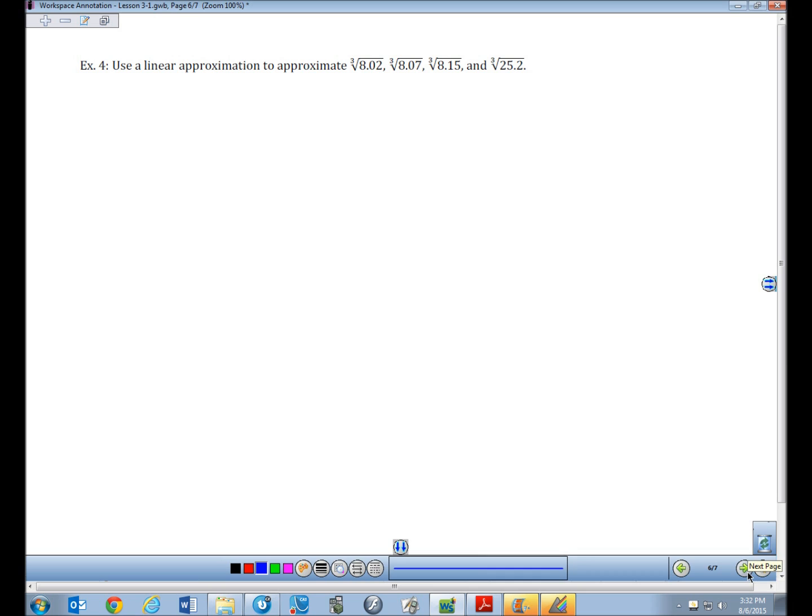Example 4, use a linear approximation to approximate the cube root of 8.02, the cube root of 8.07, the cube root of 8.15, and the cube root of 25.2. Okay? So the cube root of 8.02, that's close to 8, the cube root of 8, which I know how to calculate. And the same thing for this and this as well. So for these first three, I can use the same linear equation. Okay? So if I let f of x equal the cube root of x,